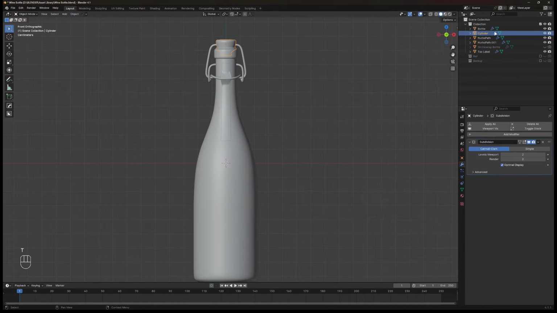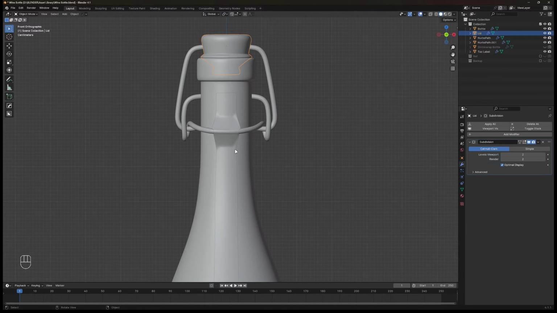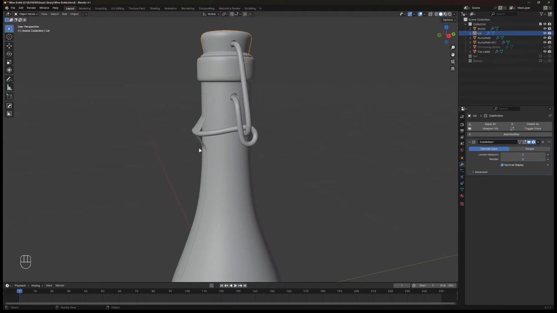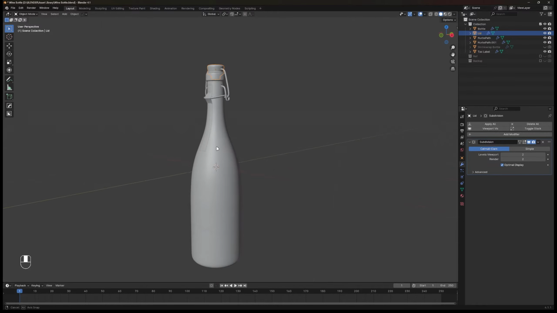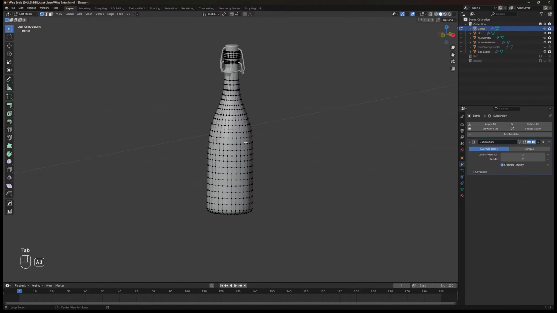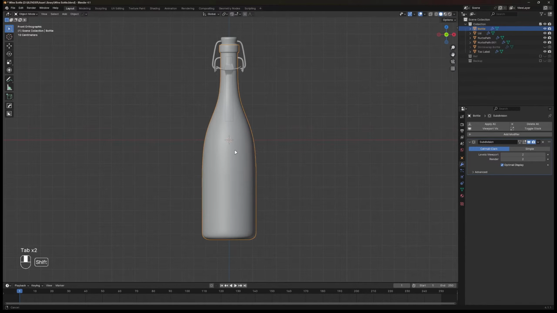In this part, we will be adding texture to the bottle. So if you haven't watched the first part, I recommend you watch it first. But if you don't, it's okay. You still get some information in this tutorial. And I don't want to force you to, because it's against human rights.